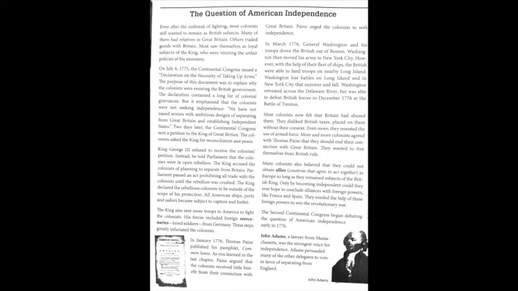So basically, at first the Americans weren't trying to leave Great Britain. They were just upset with what was going on. So they sent him a letter saying, we're not trying to separate, we're not trying to leave, we just don't agree with what you're doing. He took the letter, threw it in the trash, and said that the American colonists were trying to rebel. So at that point, he then started capturing all American ships, refusing to trade, and causing a lot more problems for the Americans. Back to the reading.